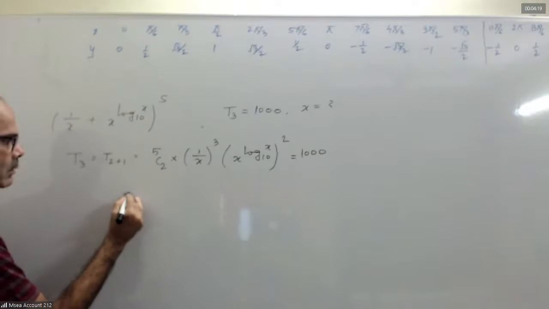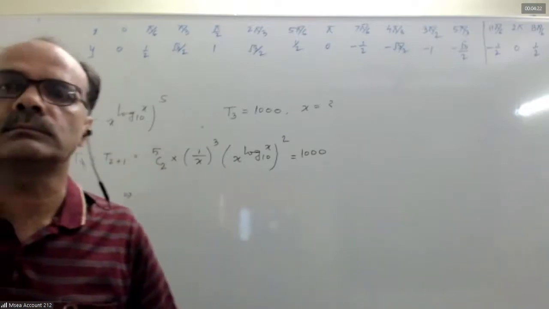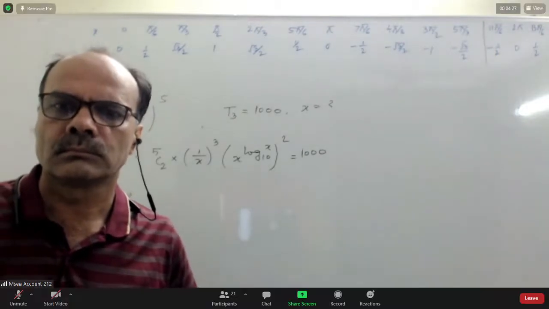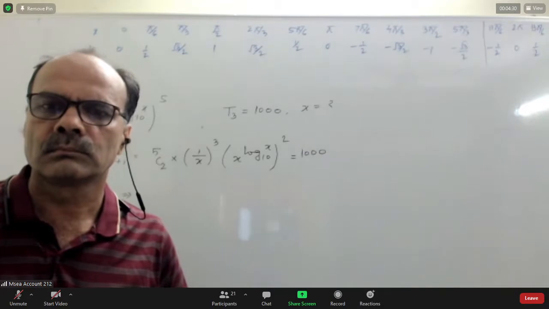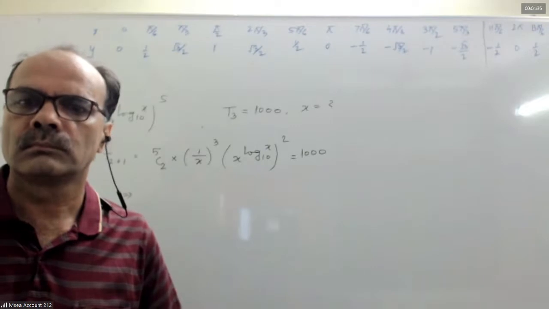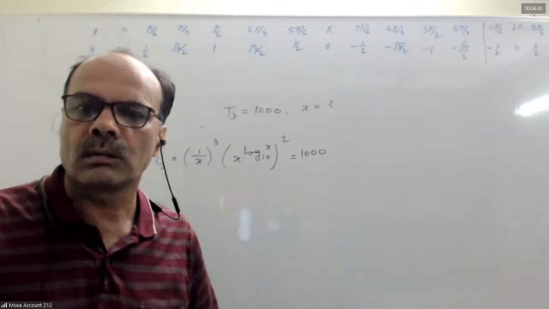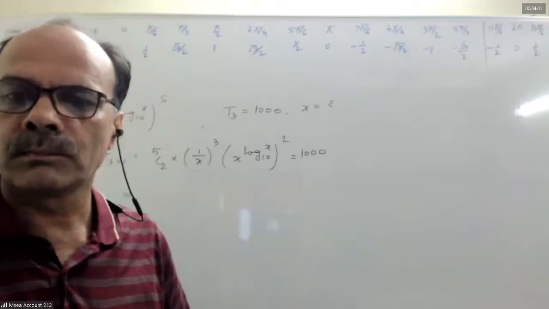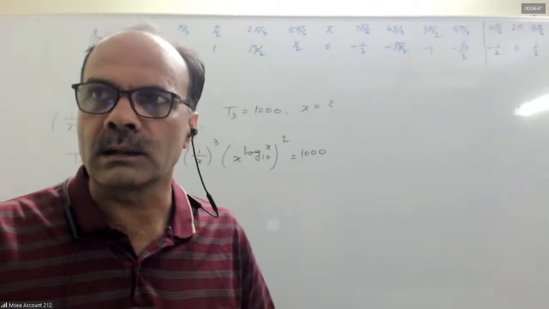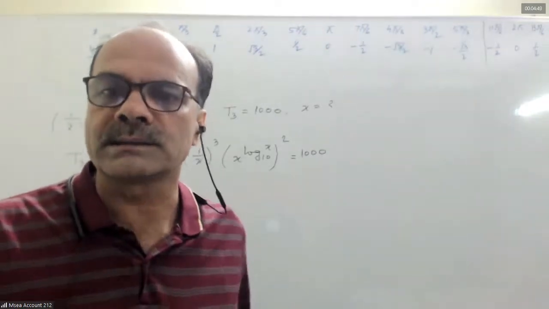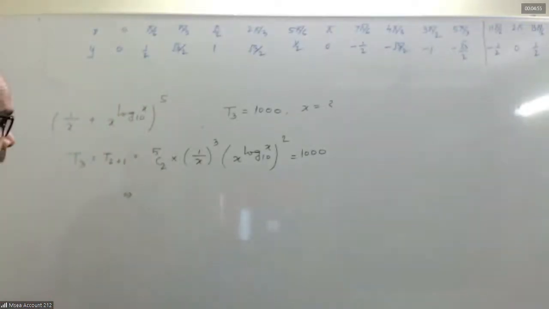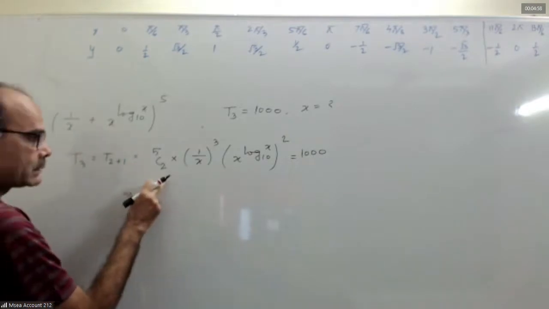Is 10. 5C2 is 10. Sir, excuse me, sir. Got the answer, sir. I had small steps, sir. That's why I didn't speak. Sir, I got x equal to 1 by 100 and 100. Yes, sir. Let us check. You may be partially correct. This 5C2 is 10.